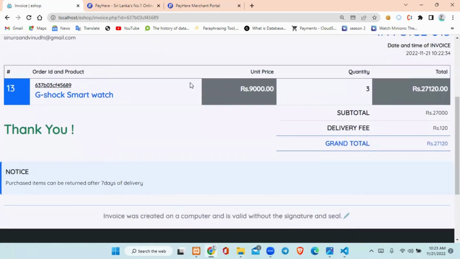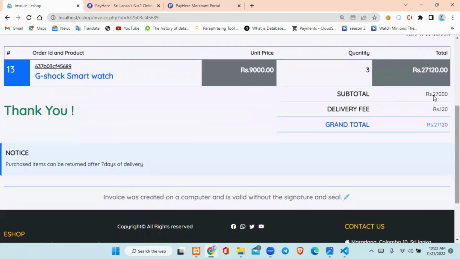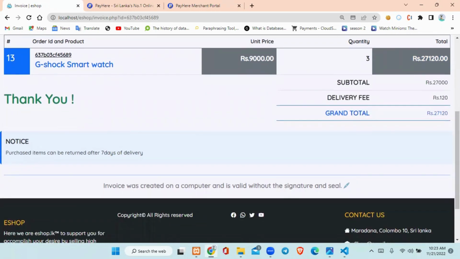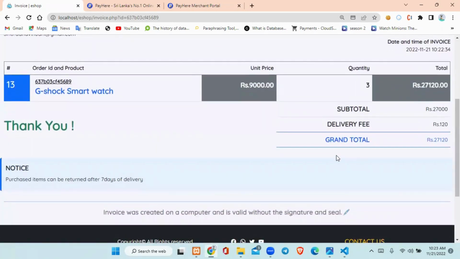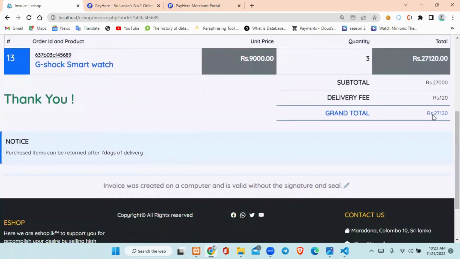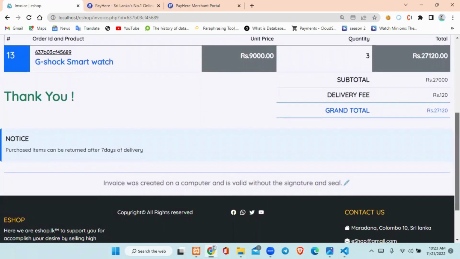Inside this table, I have given my product ID and the unique ID of my product, and over here I have given the product title and unit price. This price is the price of one product. As I have purchased 3 products at once, the total has become this. Then this is the subtotal, and with the delivery fee, which I have given as 120, I'll get the grand total with this delivery fee and expenses. This will be my grand total,